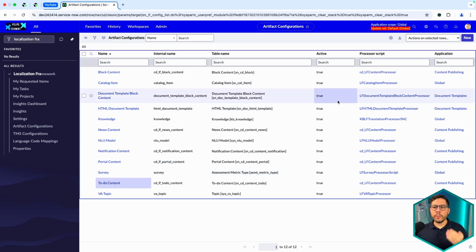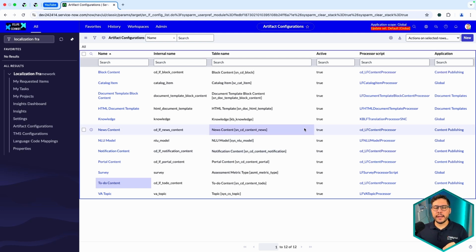I'm not going into too many details about these processor scripts because here it's important to understand that if you need something that is not available in here, you need to check if there is a plugin that might already contain some code that you can reuse instead of creating that from scratch. So first you check here. If it doesn't contain it, then you should look for it instead of creating everything step by step.